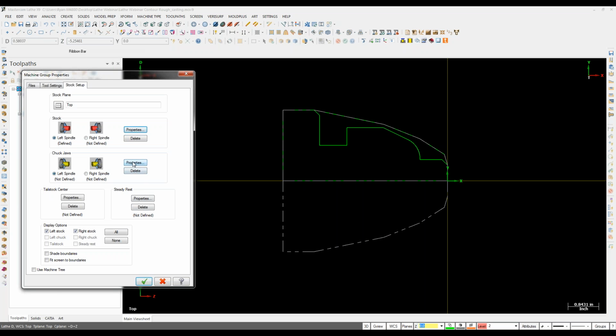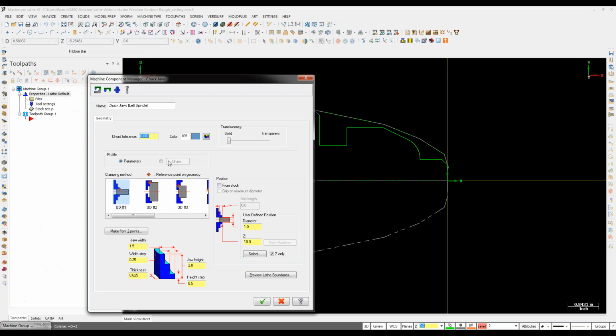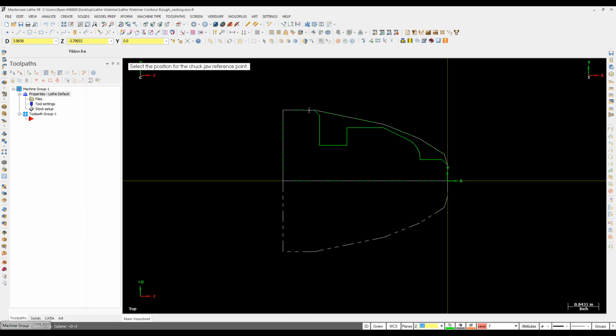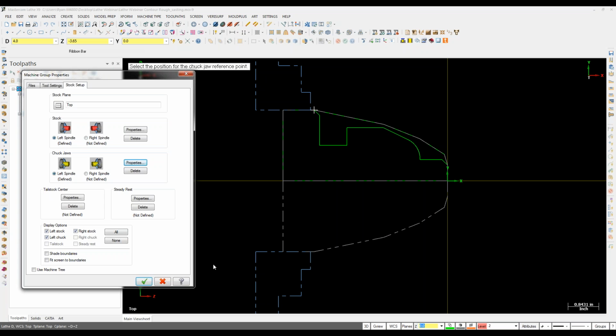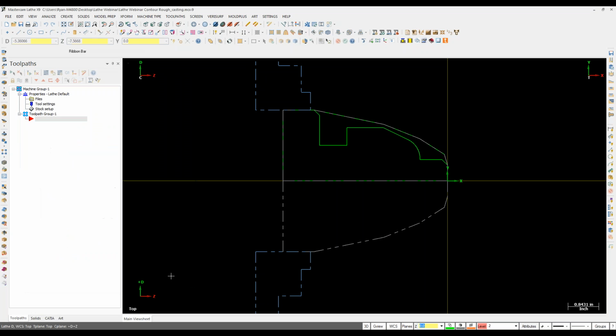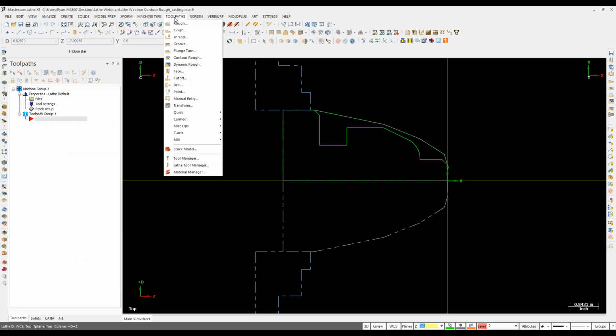And with this, I can also set up some chuck jaws. So again, with this one, I'm going to go ahead and say select. Maybe just to get a point, I'll say select there. And let's actually modify that. Let's say we're holding on by -3.750. So we're looking something like this. So again, once I put everything in there that I need to,